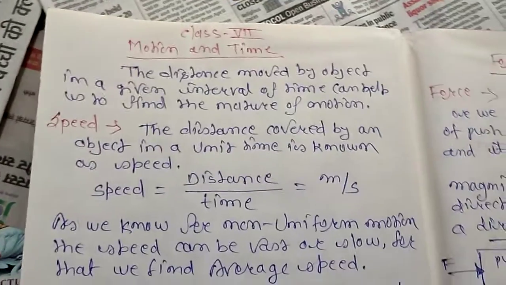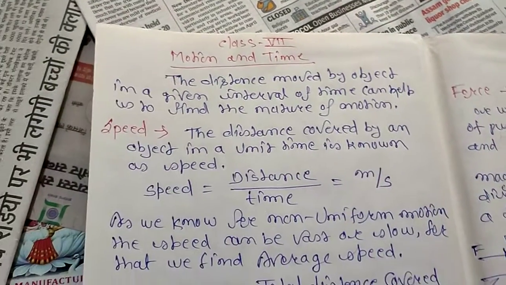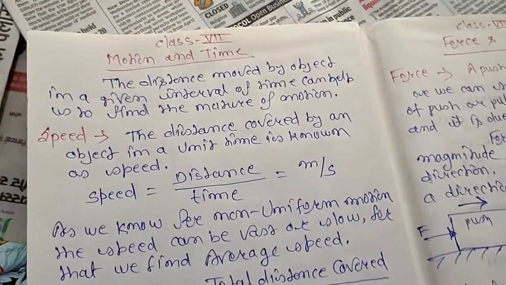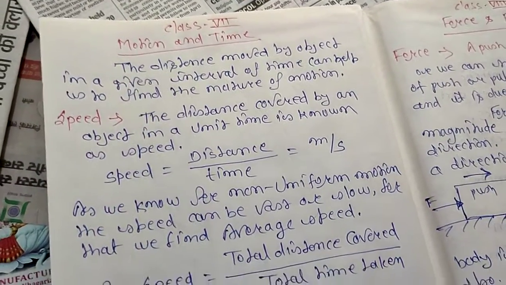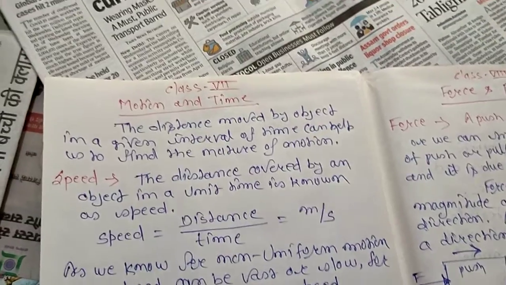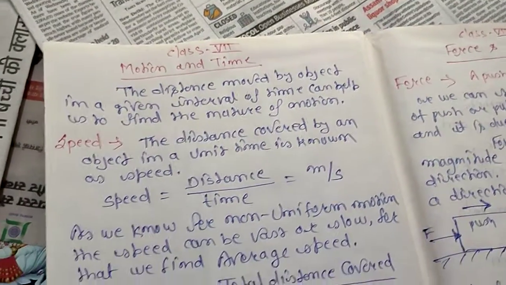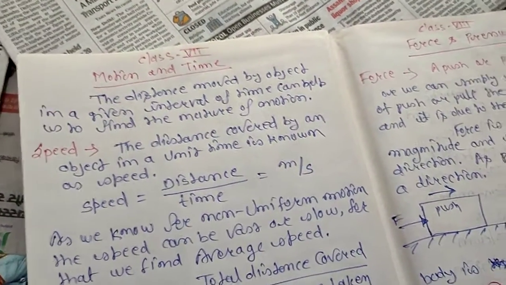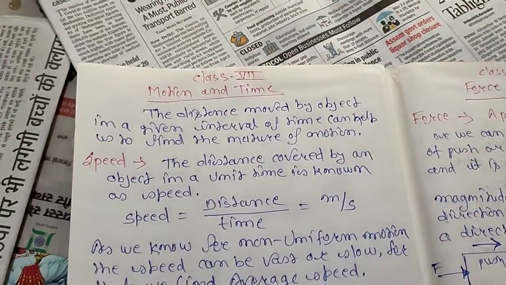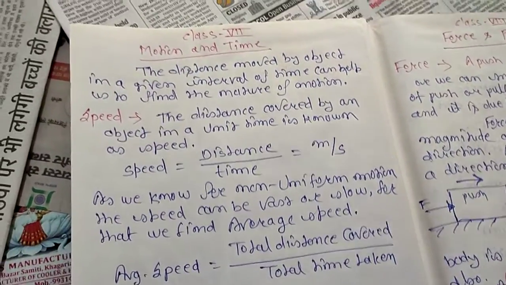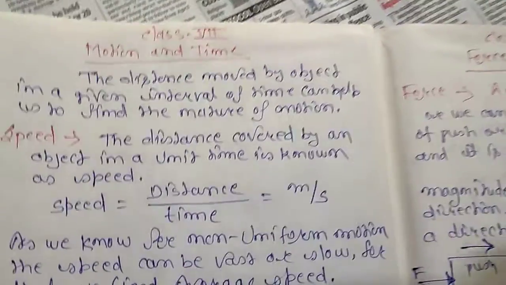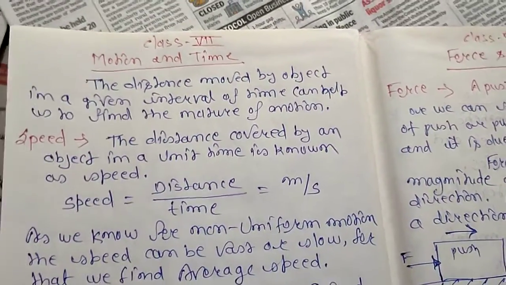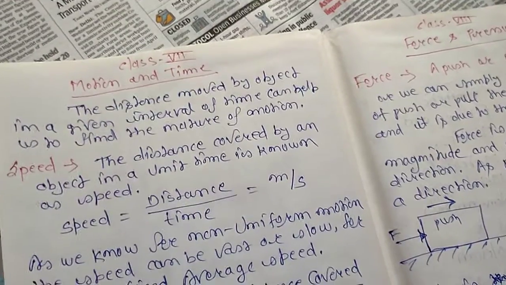Okay, so your topic is motion and time. The chapter is motion and time, and we will start with that chapter only. About motion, you have also studied in your class 6. How many types of motion? Rotational motion, linear motion, rectilinear motion, circular motion, all these types of motion you have got an idea about in your class 6. Here you have to understand the motion and how that motion is related to the time. That's why they have mentioned here motion and time.